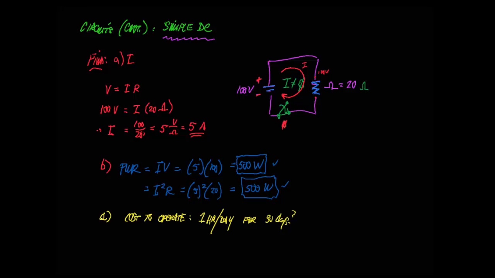We're continuing to talk about circuits, and this time we want to continue our last problem, which was finding the current, total current, and the power that this circuit needs or requires. We found that in the last video, so check that out. Today we're going to do cost to operate. We're going to run this for an hour a day for 30 days, and we want to find out how